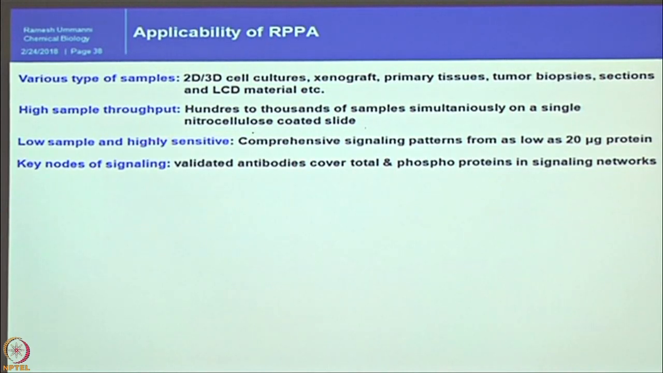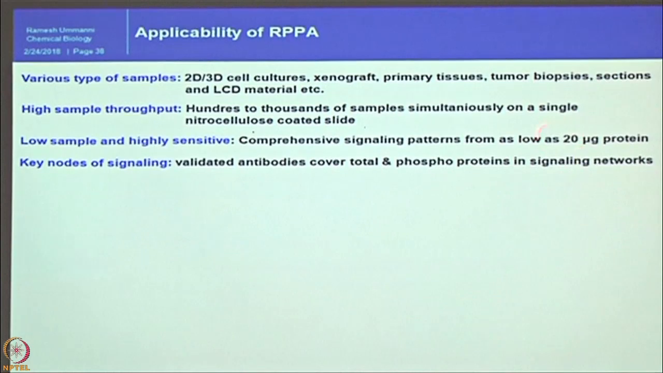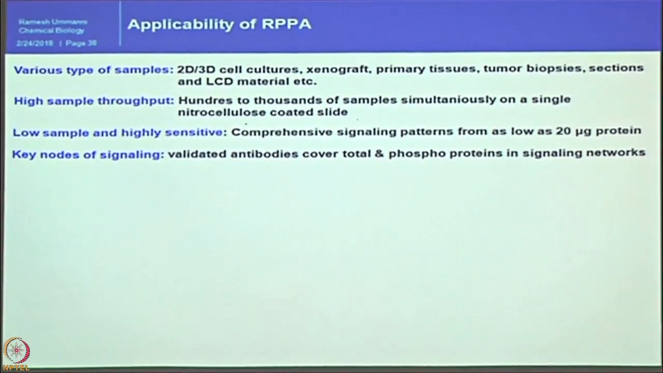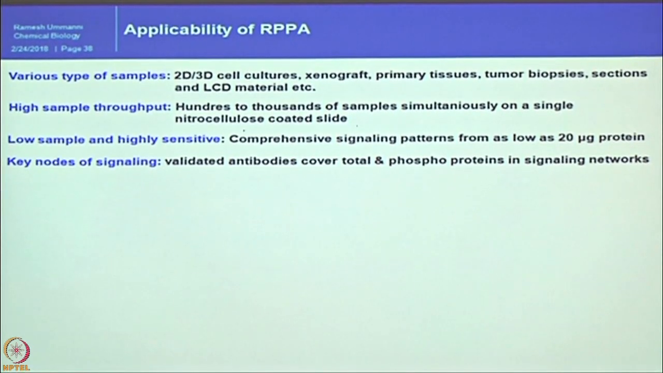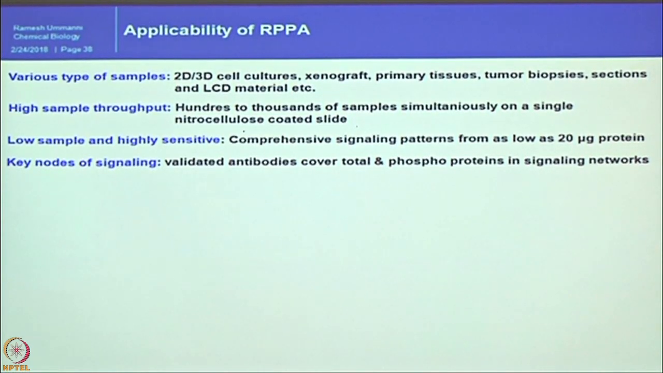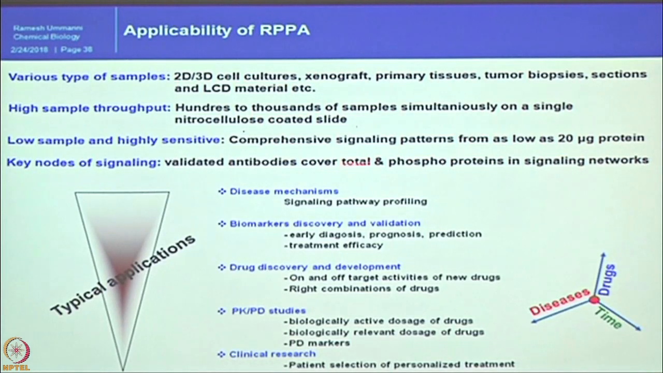The key nodes of signaling: validated antibodies to cover total and phosphoproteins, so that you can reconstruct the signaling networks when you stimulate the cells with certain factors or drugs and so on. So, typical applications, you can use this approach for disease mechanisms, signaling pathway profiling, biomarker discovery and validation, particularly for early diagnosis, prognosis, prediction, treatment and efficacy, and drug discovery projects like on and off target activities of new